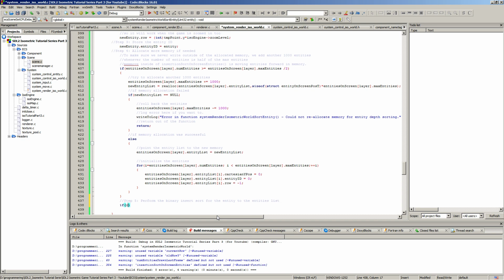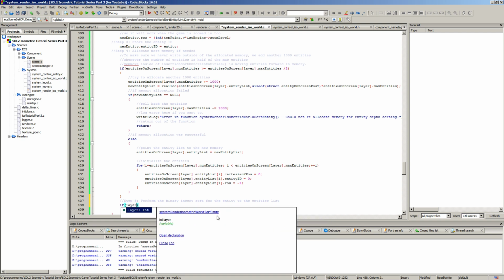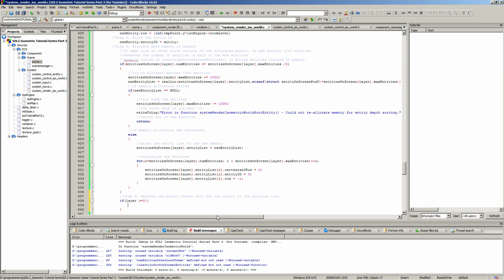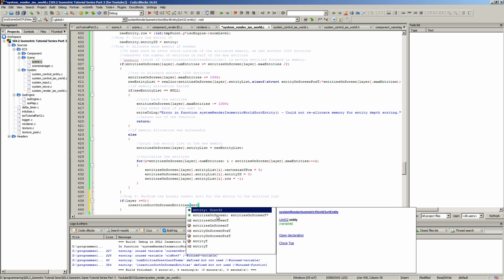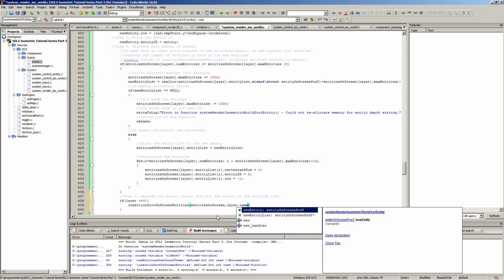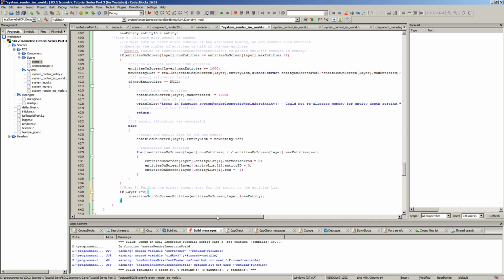I'm going to say if render to the component, we can actually do if layer is larger or equal than 0, because we're only passing the stuff in. You can say insertion sort on screen entities, then we're going to get the layer, and we need the new entity here. So we're going to add it to a list, and that's all the steps,